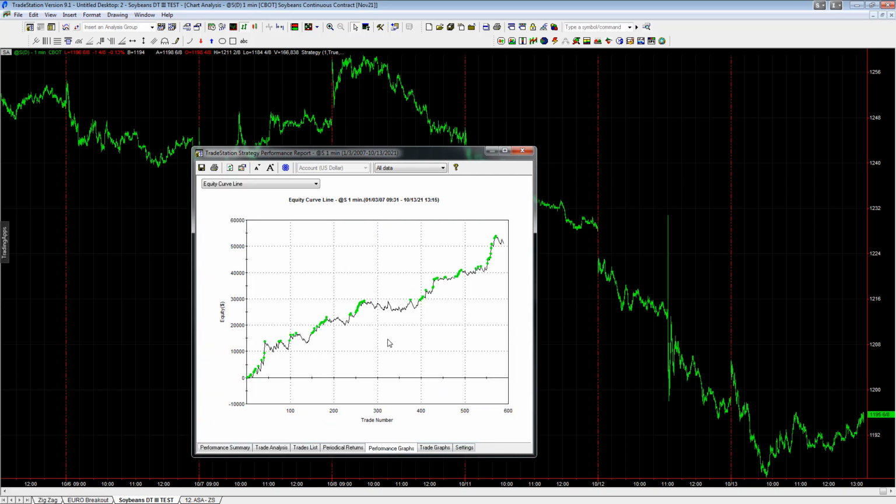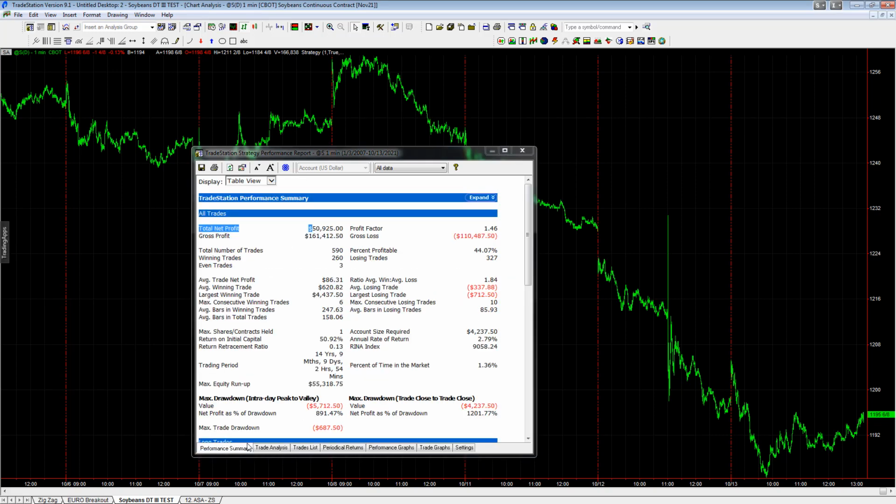What does the equity curve look like? Nice equity curve going back to 2007. The reason we go back to 2007 is that the market started becoming electronic around 2007, and so that's why we start there. And let's take a look at